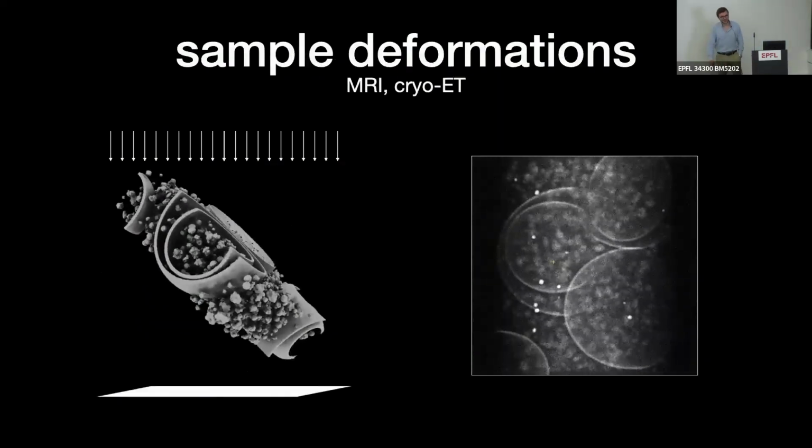Another situation where something like this can really help is where the sample changes between acquisitions. This is very common in MRI, but it's also common in something more familiar, cryo-electron tomography, right? In cryo-electron tomography, you're shooting electrons at a very thin, small sample, and the sample is sensitive to the dose. So you cannot irradiate it all you want, because you'll just destroy it, right?